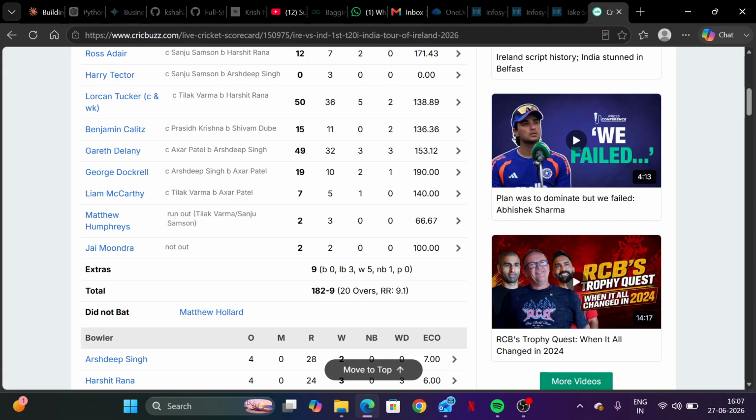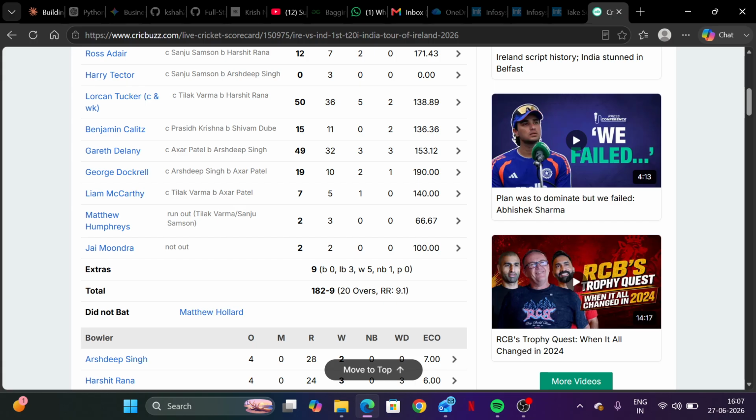So why could the Indian cricket team not just study the data? I know that sometimes data does not tell you the whole story, but completely ignoring it is also not a good way to move ahead. I think Prasidh Krishna and Washington Sundar are in a very unique scenario. I think the management is trying to make them three-format players, but I think that's not working for them, and not even for the team.